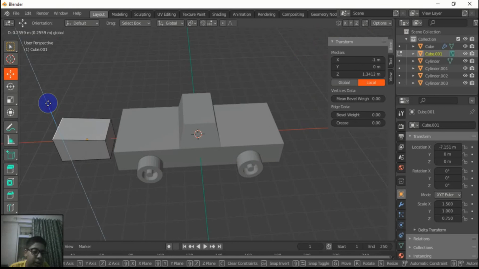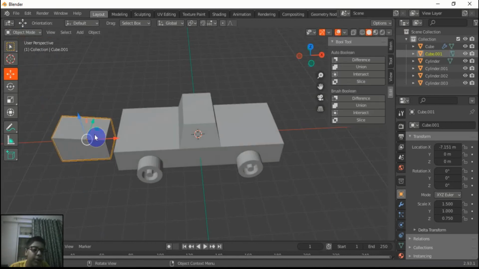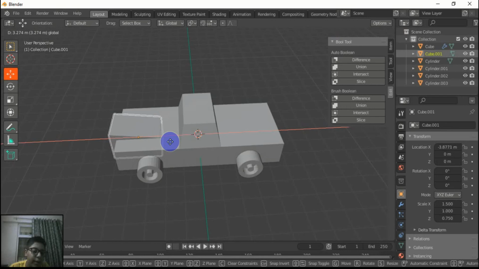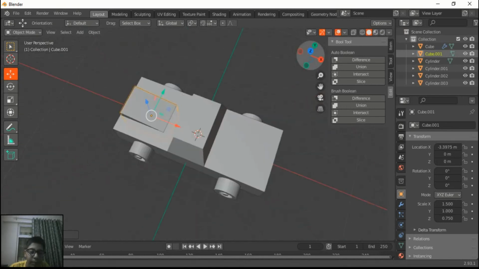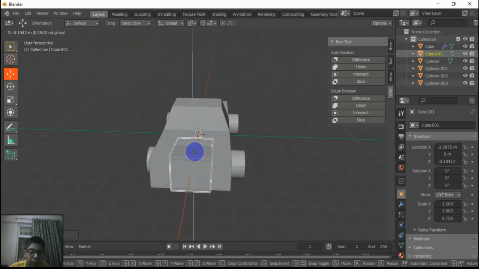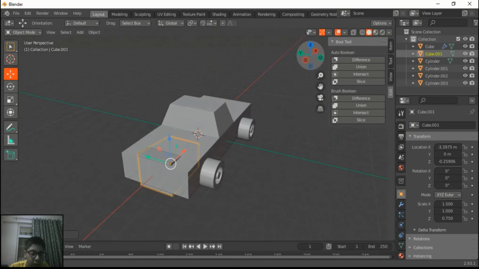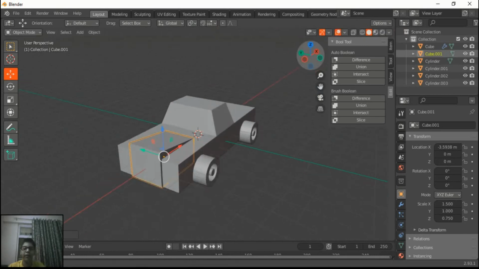Select this vertex and make it a bit up. Again go to object mode and move it here. I moved it. This is my bumper.